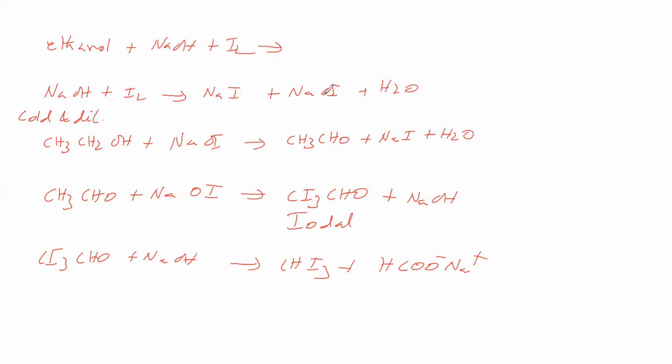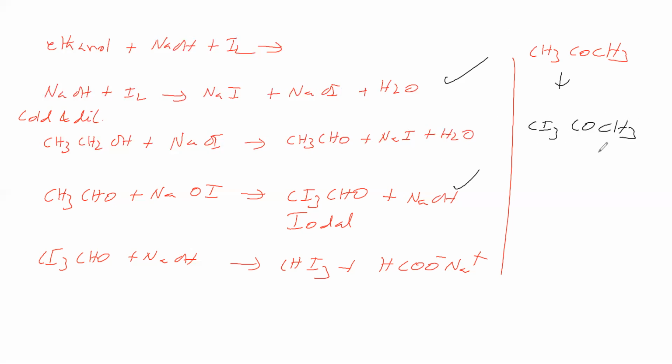Then if you take acetone, how to prepare iodoform, that we will see. If you take acetone, what will happen? Like this step is possible, then like this step. It is treated with sodium hypoiodide to give CI3COCH3, triiodoacetone. Then with sodium hydroxide, we get iodoform, and this part becomes acetate. Therefore, we will get sodium acetate. So from acetone, how to prepare iodoform, that we got.